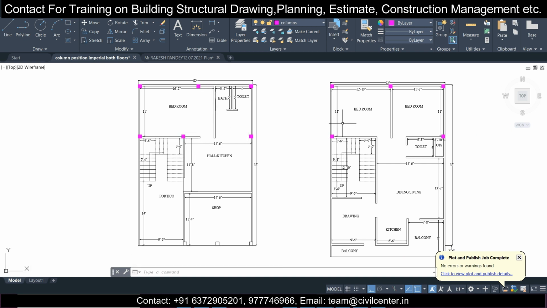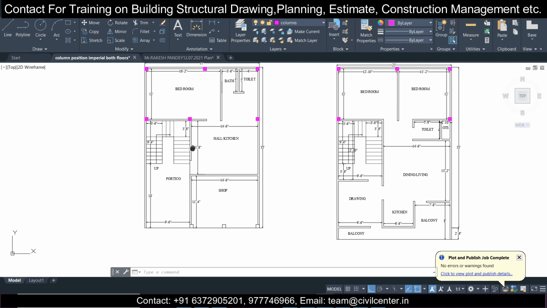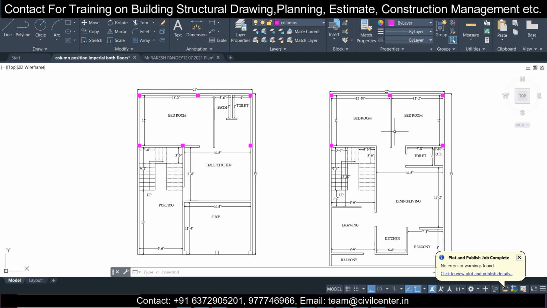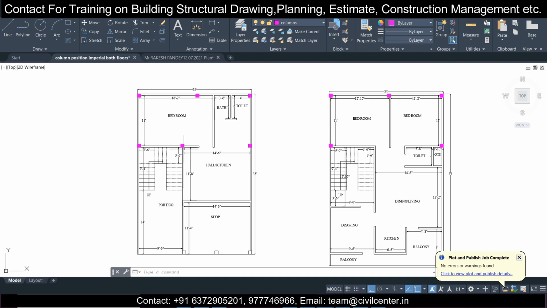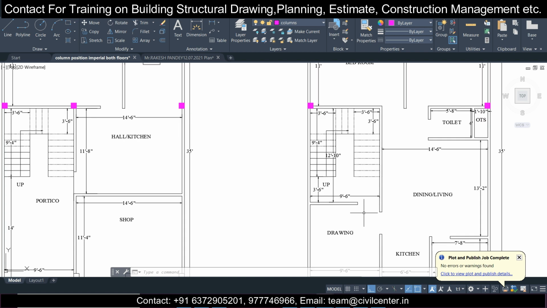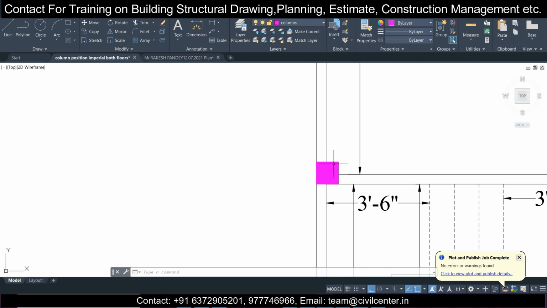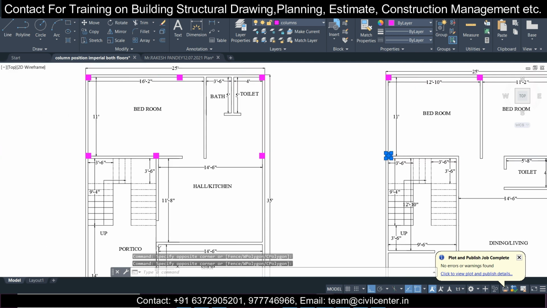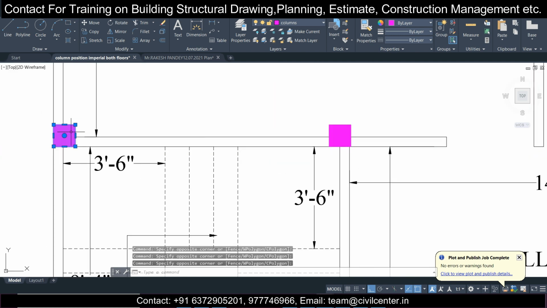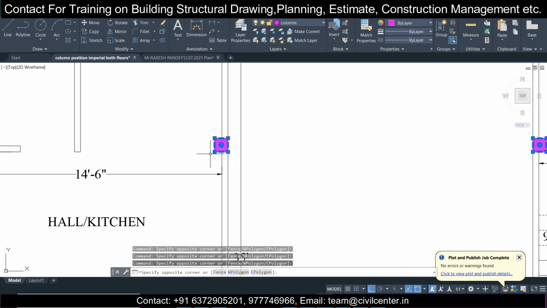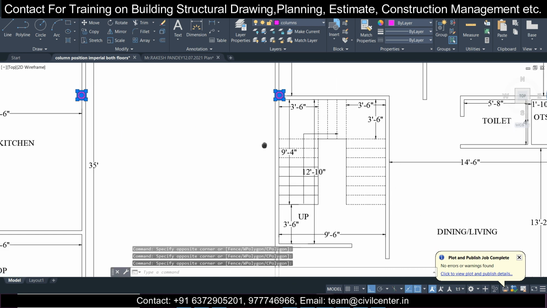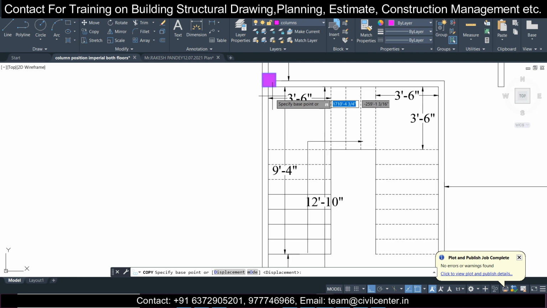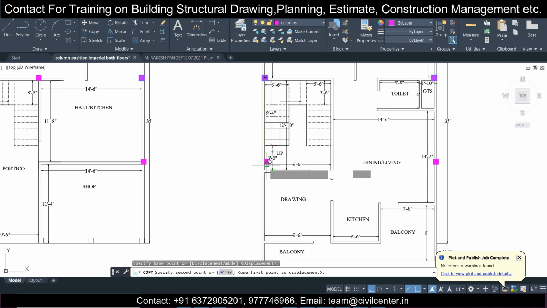Now I think you can give a secondary beam in here in the first floor as well. So one end is fixed and one end will be hinged. So like this we have completed this part, and for the next part, obviously, undebatably, we need to give it in the staircase where the staircase ends. So here we are going to do this, select this and select this, and select this also. The middle one we'll decide again where to give, and then I think we'll just take the copy and take this as the point,